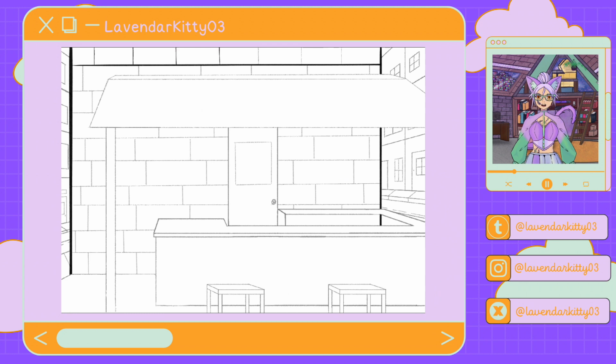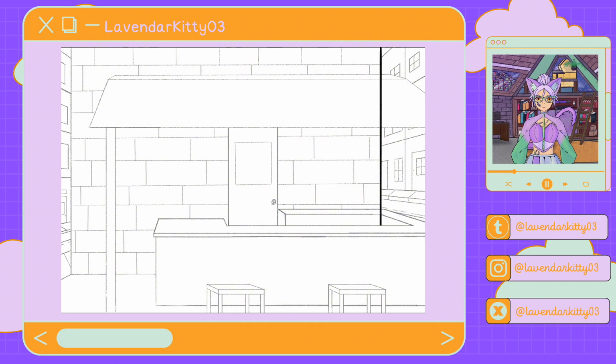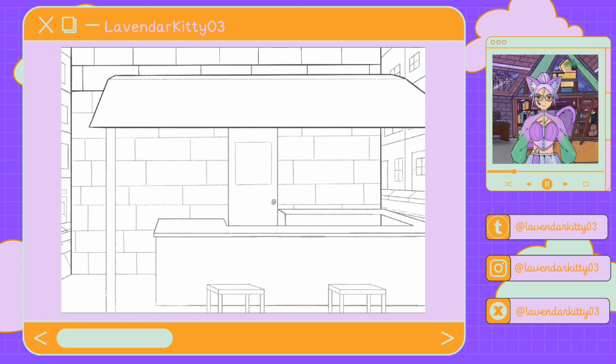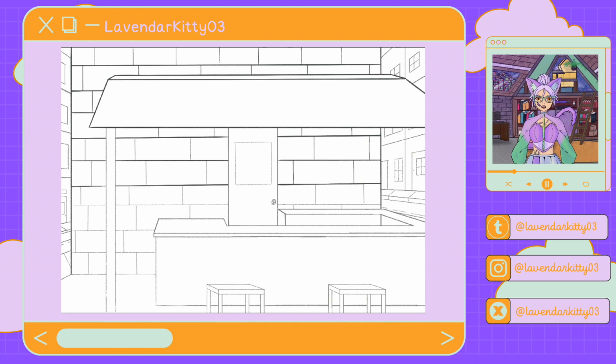To create the background, I use an iPad Air 4th Gen with an Apple Pencil 2. I also tend to use a grippy to help with relaxing and to give my hand something to grab onto. My program of choice is Procreate, and for my resolution settings, I will go with 300 dpi to achieve the best resolution that I can.